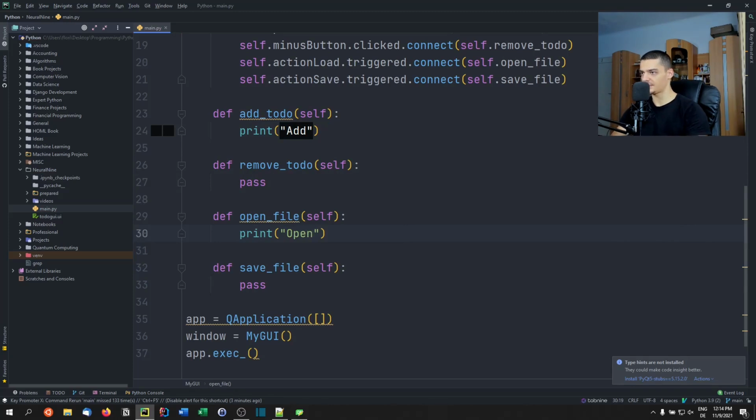and if I print open here, for example. How is that a color? Oh, this could be a color because of hacks. Okay, so I guess I should